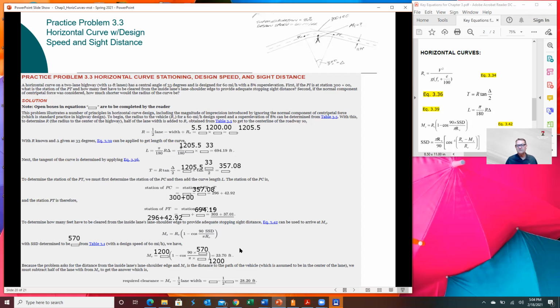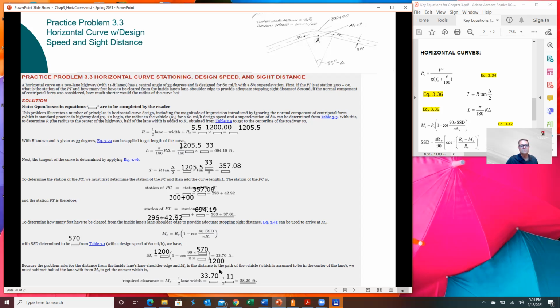But remember, MS is the distance from the obstruction to the middle of the lane, where the driver's eye is. And the problem is asking how many feet have to be cleared from the inside lane's shoulder edge to provide adequate stopping sight distance. So that means you have to take that MS value of 33.7 that you just calculated and subtract half a lane width from it, which is what they do on this last calculation here. So you take the 33.7 and you subtract half of 11, divided by 2, or 5.5,